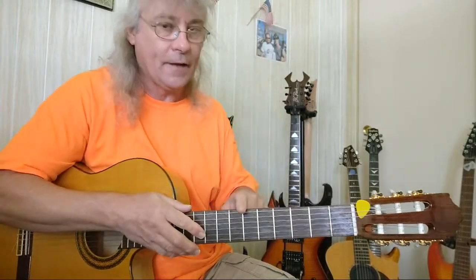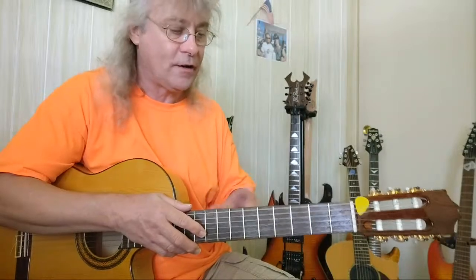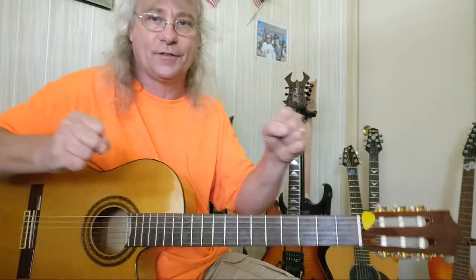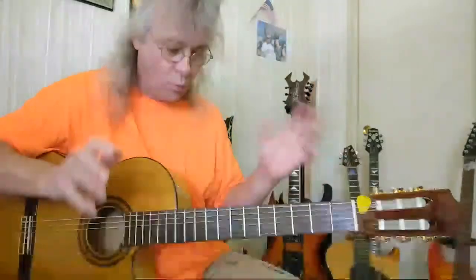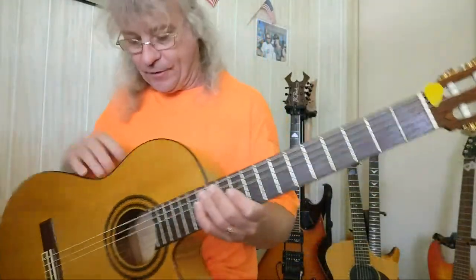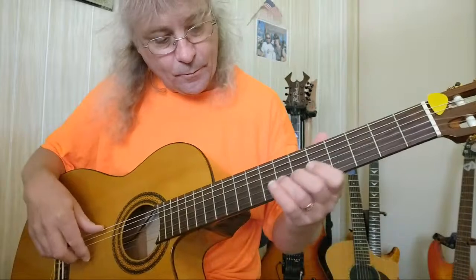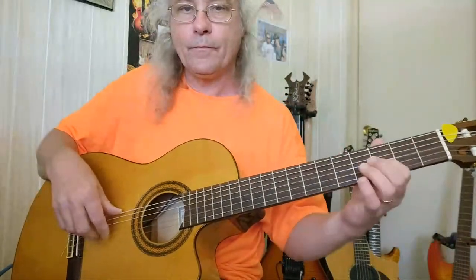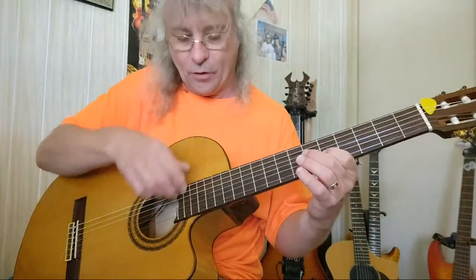So on my nylon string guitars, the strings I use for these are D'Addario's, either hard tension, or if I get extra hard tension, I do that because it's tight so that the strings are not so wobbly. But what is nice with a nylon string guitar is you could play to the bridge, but then when you get to the sound hole in the neck,